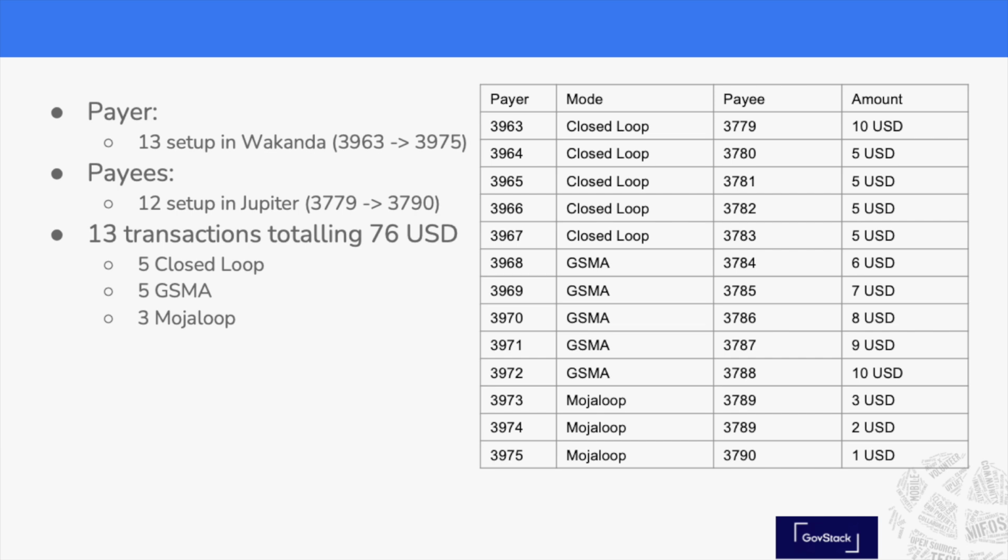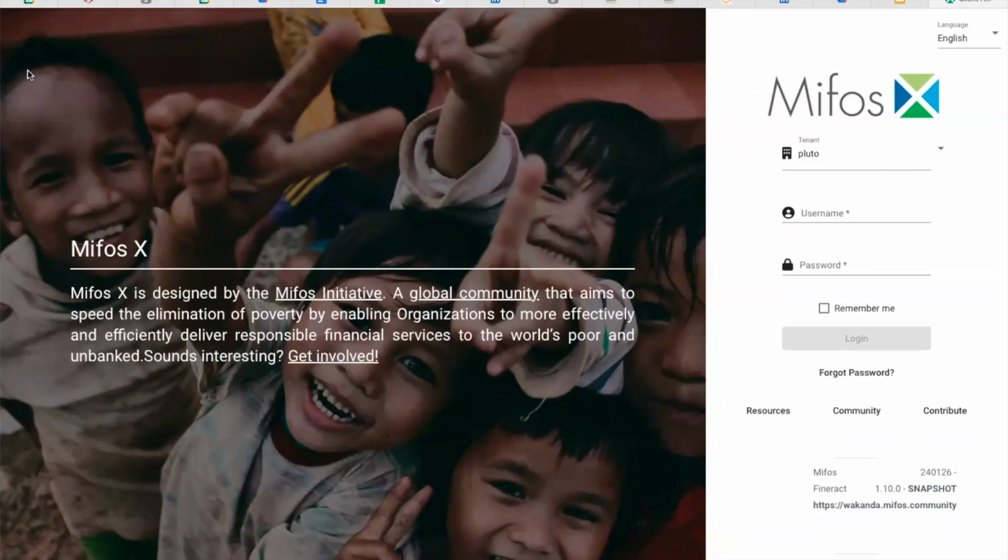So now what we'll do is look at the Jupyter DFSP, which is where the payee accounts are, and we'll see that the transactions have flown through correctly to the right accounts. It's worth noting that 2 of the transactions were actually targeted to one single account, and we'll look at that and make sure they've both gone into it. So for our more complex example, if we go in and look at Jupyter,